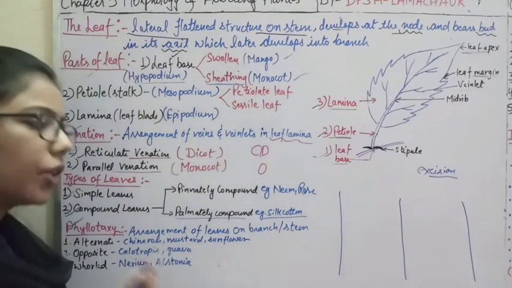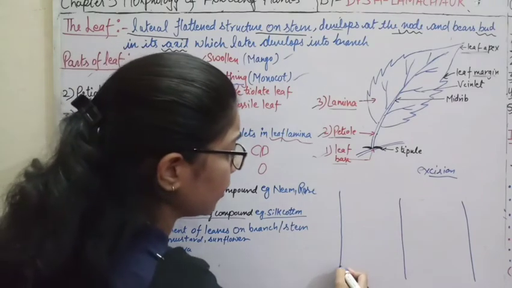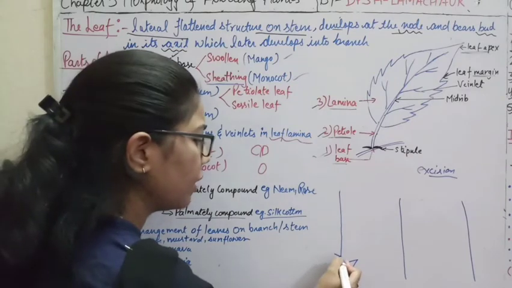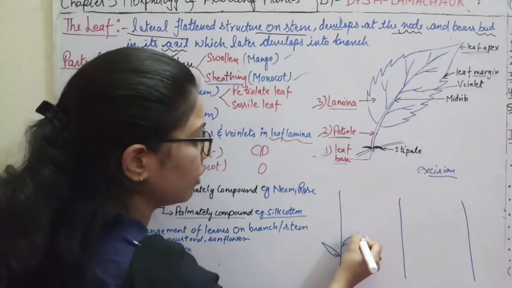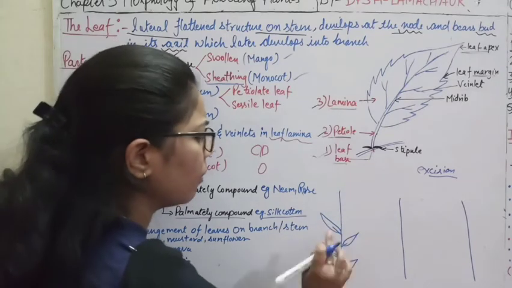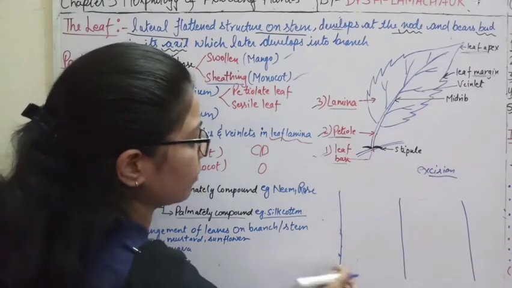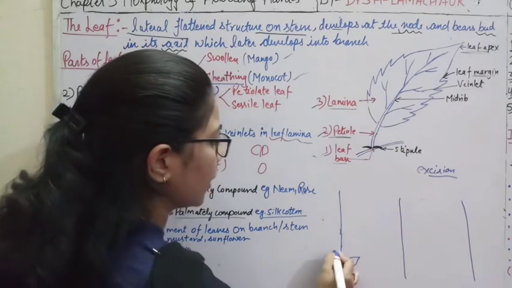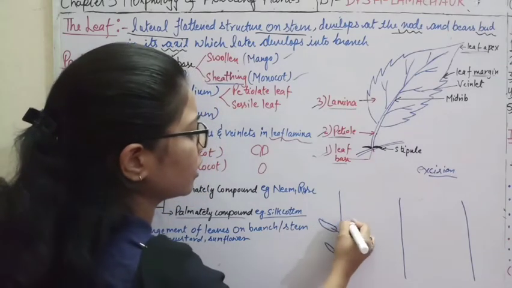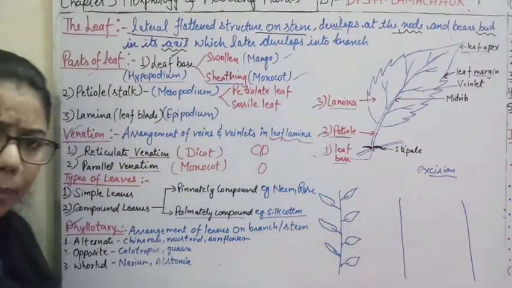In the first plant, that is alternate, for example, this is a leaf, and another leaf will be here, then another leaf will arise like this. I am making sessile here, but you just make a petiolated leaf, it will be easier to understand. I am making the petiole also here like this.